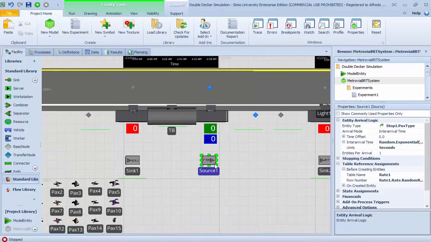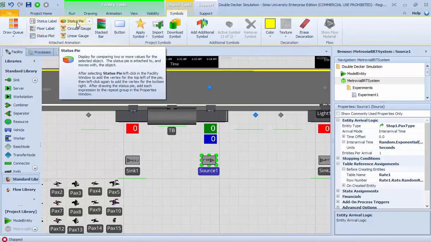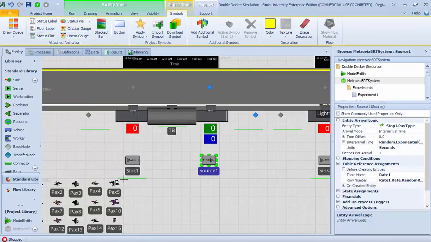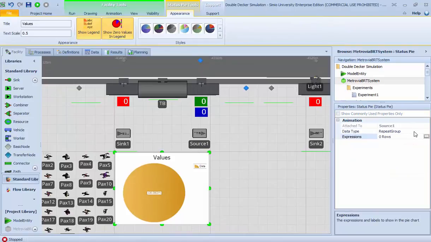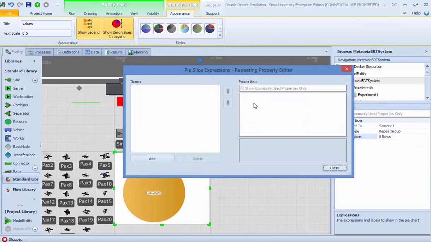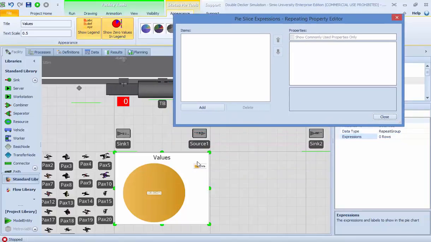I have been trying to put, for example, this, I don't know, perhaps this is a statistic pie, you will know better, but sincerely the expression that I need to create here is a little bit strange. I don't know how can you determine the number of passenger types that are being created by the source and